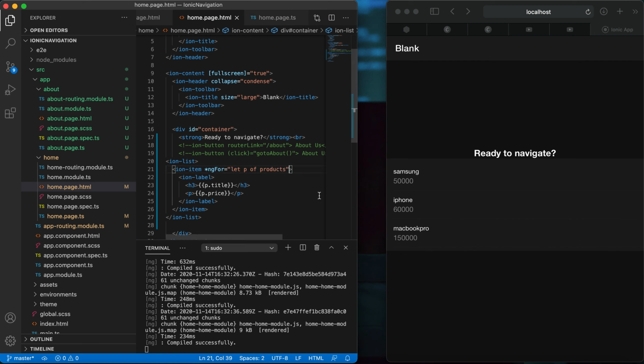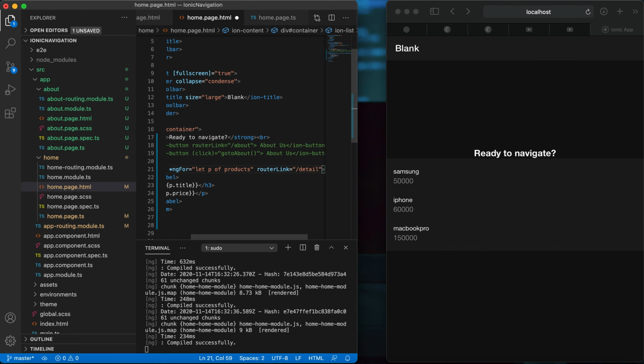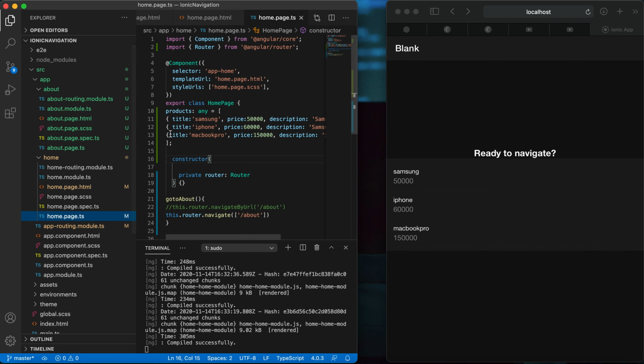So here now we are going to add the router link equal to detail. Okay, so now we are going to pass the ID. Before passing the ID, I need to mention the ID.